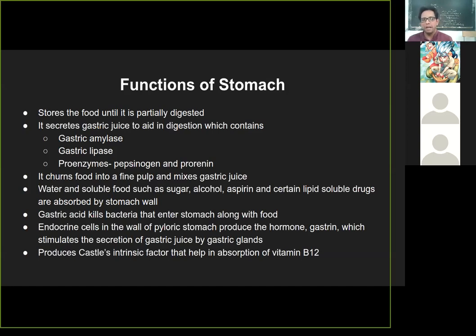Now you can also imagine why it would be at the end of the stomach. Obviously, whenever you are eating something, the food is going to go and settle down in the lowermost part, and then it will start filling the stomach. So as and when there is a sensation of food being present in the stomach, especially in the pyloric region, the gastrin will be secreted. Gastrin will in turn act on the walls of the stomach, and then gastric acid or gastric juices will be secreted so that it helps in digestion.